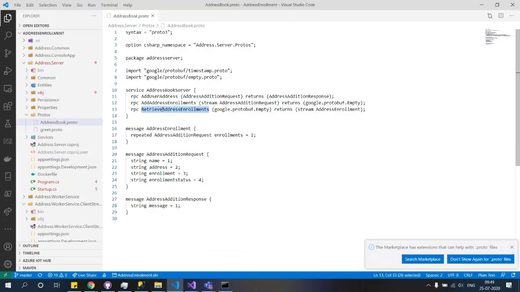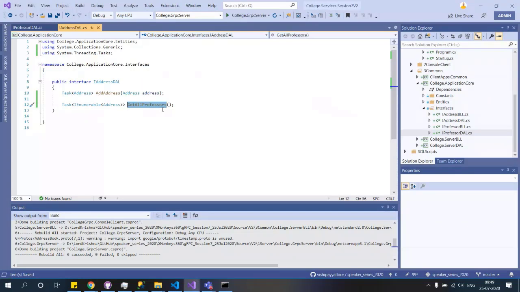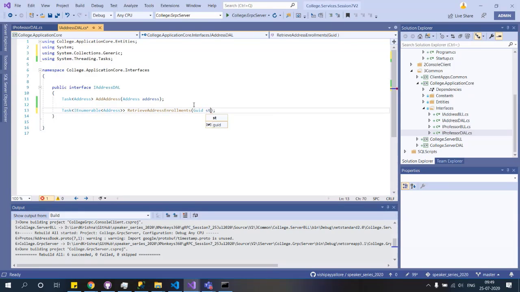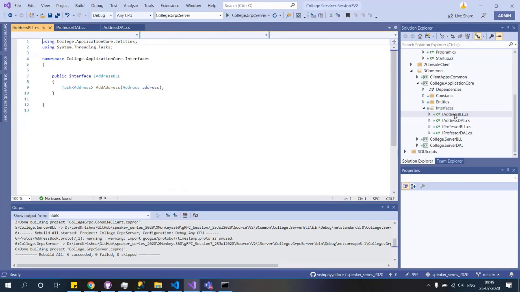Retrieve address, or let's use the same name. So RetrieveAddressEnrollments. Okay, for whom should I retrieve? So we'll take a GUID, and that is student ID. Okay, so given a student ID, we should be able to retrieve a set of addresses. And the same thing, we need to go and update it in our business logic layer also.